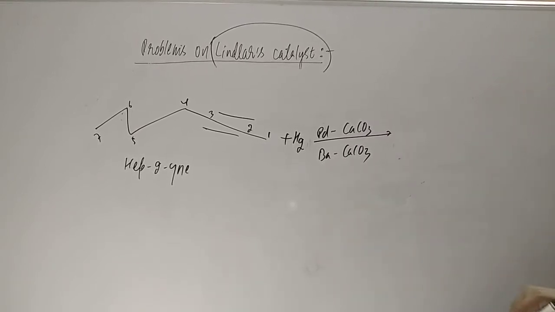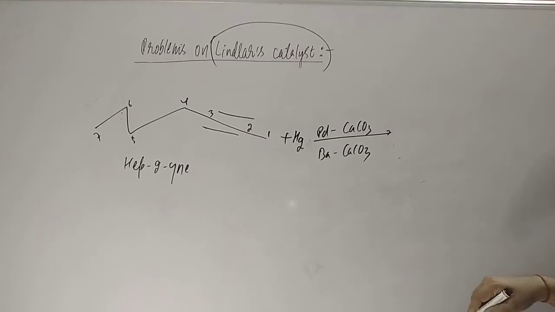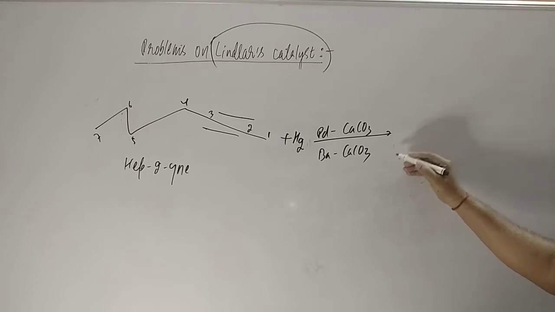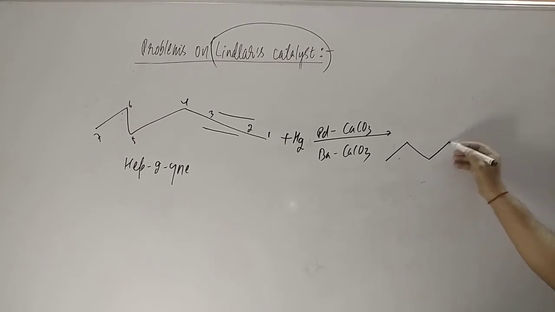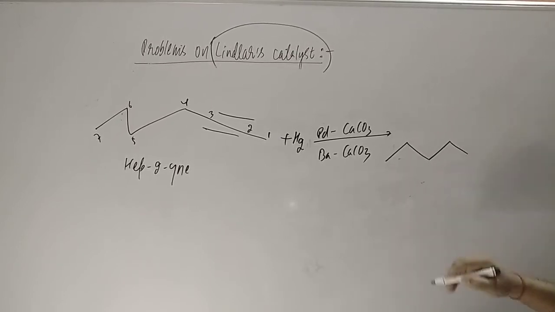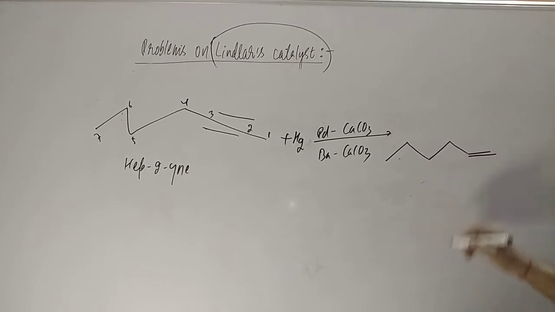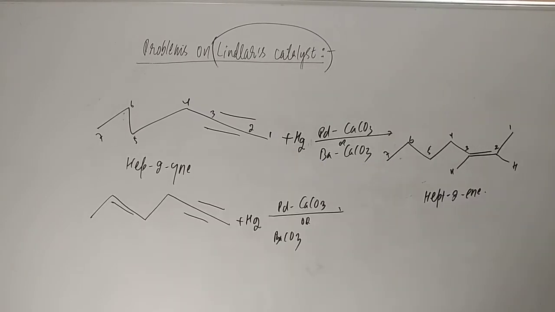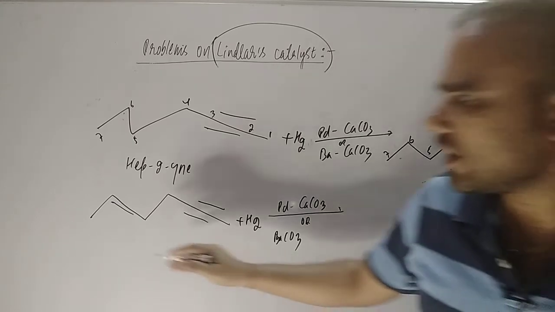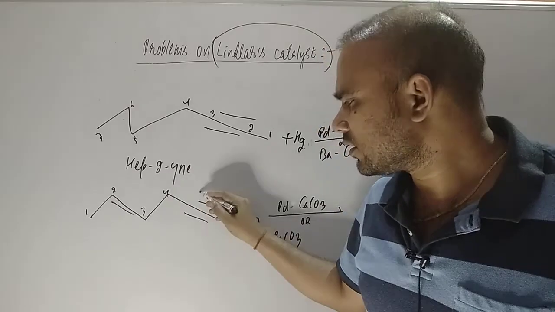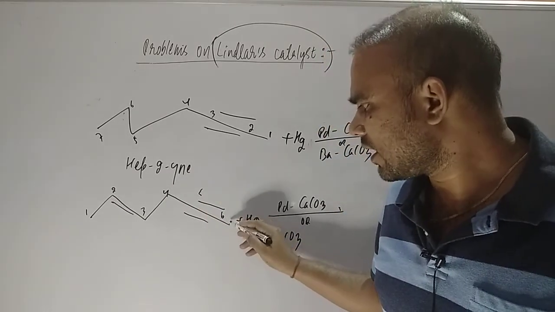So what compound are you going to get here, students? Watch this. Firstly, nothing is going to happen in the upper part; this much is as it is. Then there will be the alkene double bond here, right, students? And here this is the methyl group. Now you can take another example, like the one we have taken here. We can count from 1, 2, 3, 4, this is 5, and this is 6 and 7.